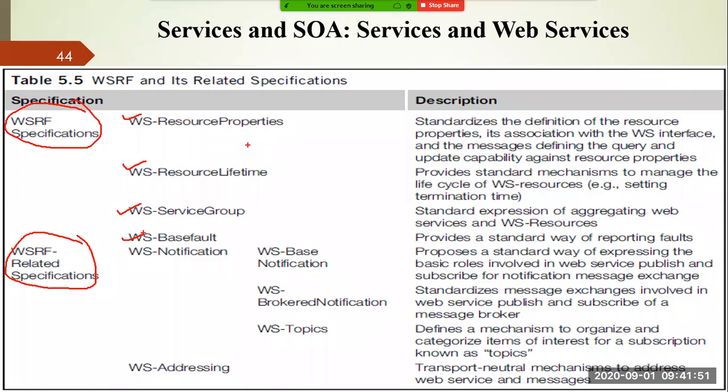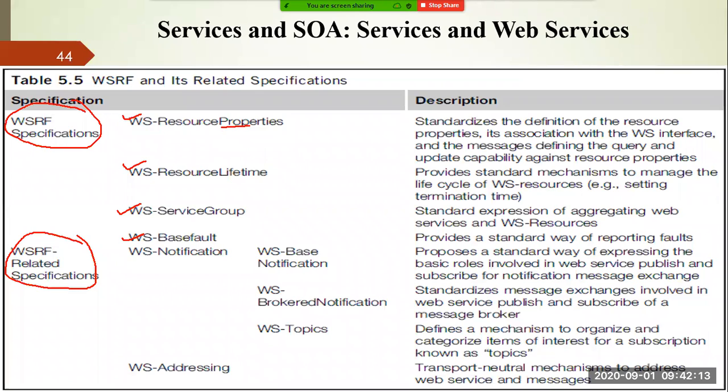Resources are nothing but your servers, or in some sense we call resources services also. Resource properties describe what the capability of a particular resource is, whether the resource will be available 24/7 or not, what the reliability of the services is, everything.